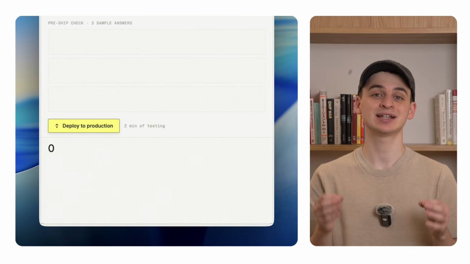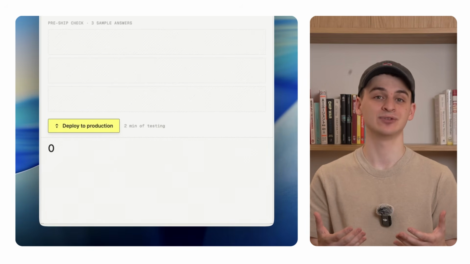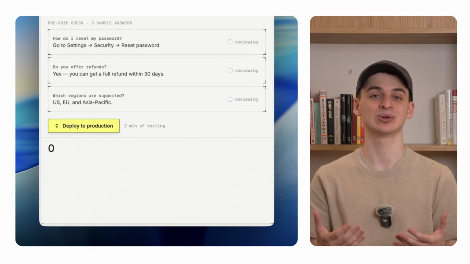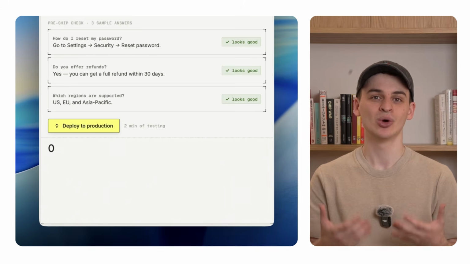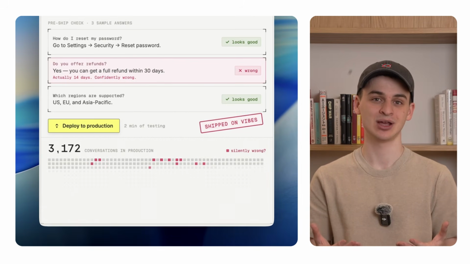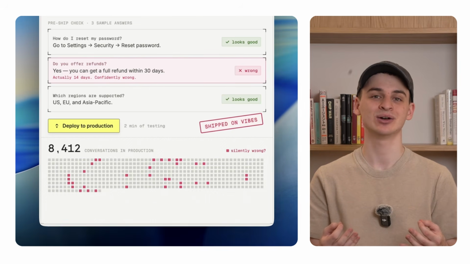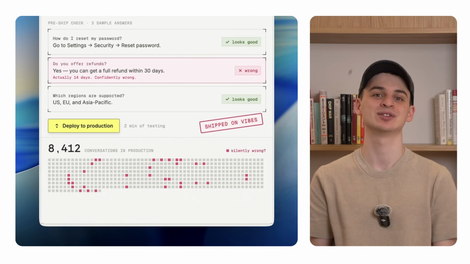Here's how most teams test an AI feature before they ship it. Someone types in a few questions, decides the answers look good, and clicks deploy. We call that shipping on vibes, and it works right up until it doesn't. Because the language model can be confidently wrong, and eyeballing 10 answers tells you nothing about the thousands of conversations